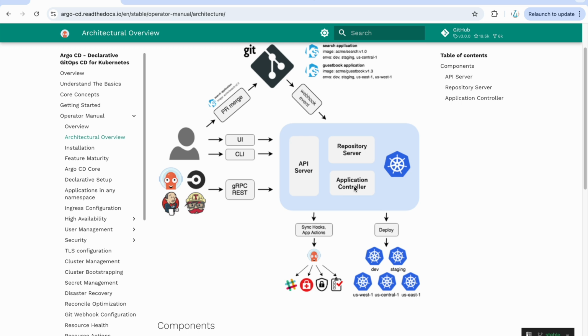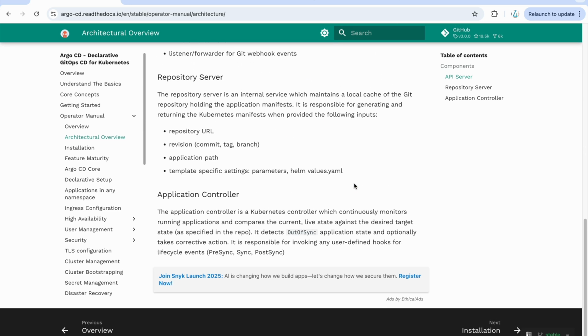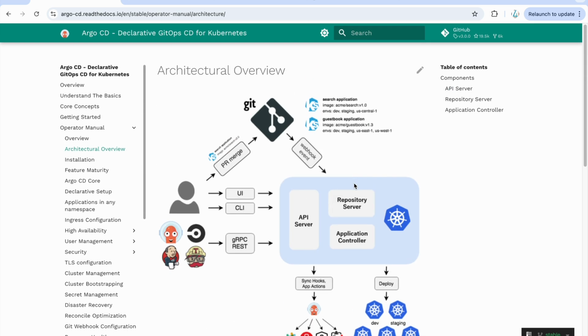Generally we don't need to get into the detail of how each of those pods is running. That is about understanding how Argo CD works internally, but it is good to know what all components it contains to support your Kubernetes deployment. And here they have provided all the details of their architecture, like how it works end to end. So now we will see how to install Argo CD on the Kubernetes cluster.